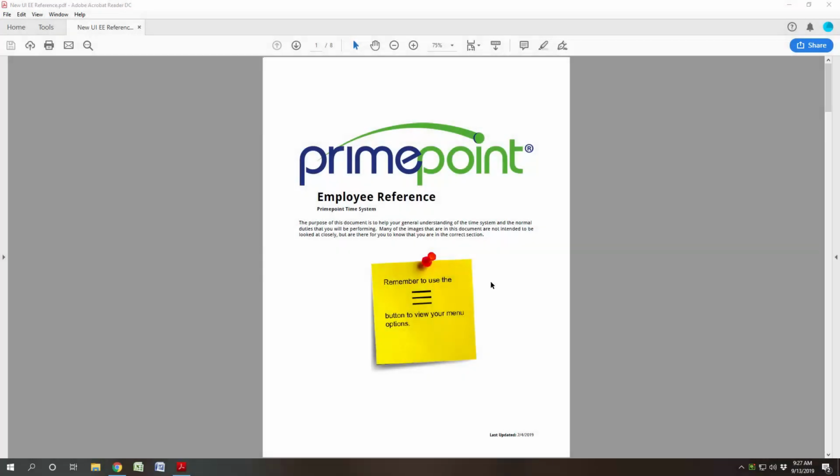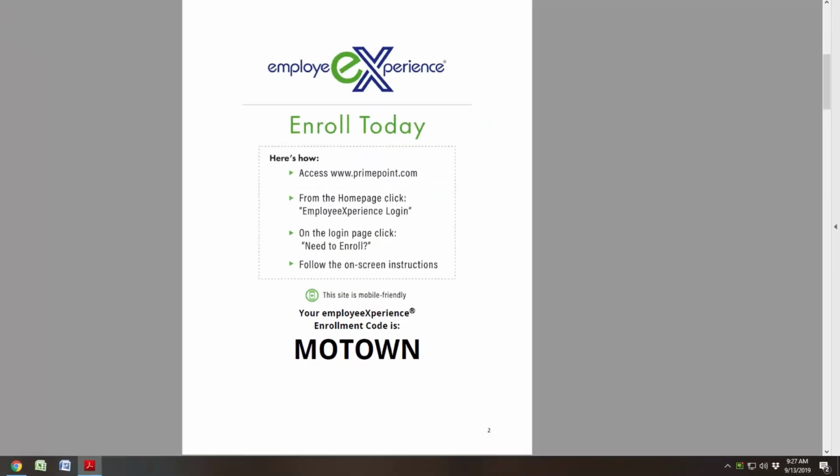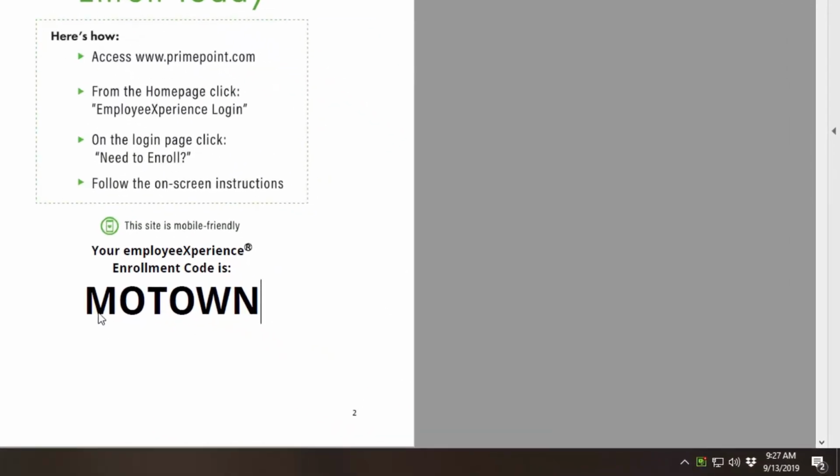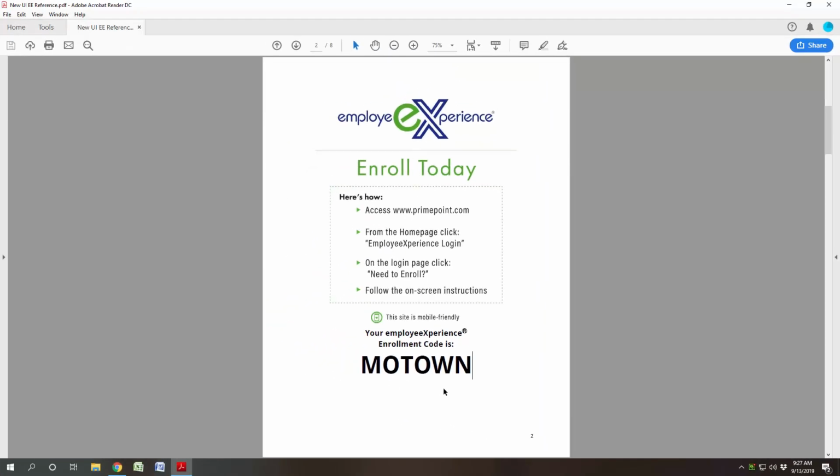To enroll in the employee experience, please go to the employee reference document, and on page 2, make note of the code at the bottom of the screen that is unique to your company. Once you do that, we'll be going to the web to